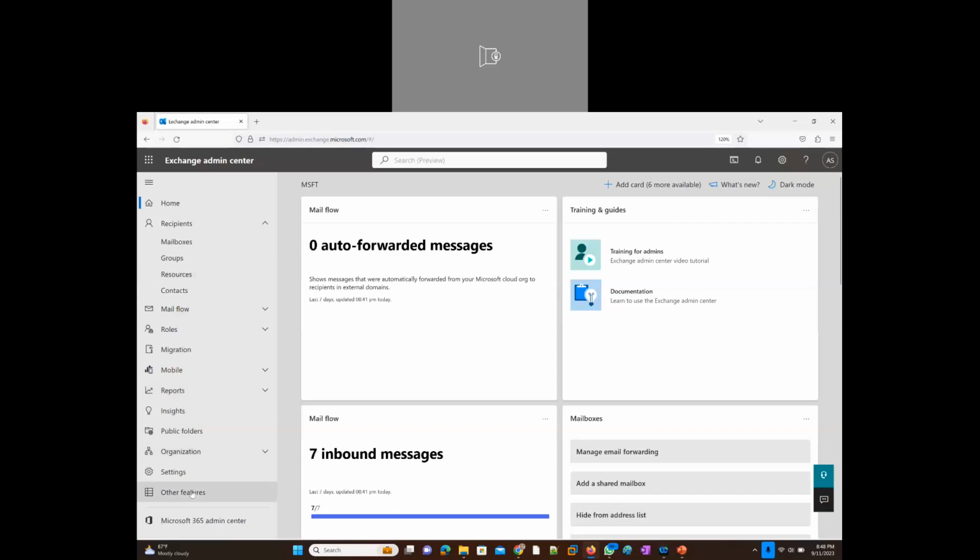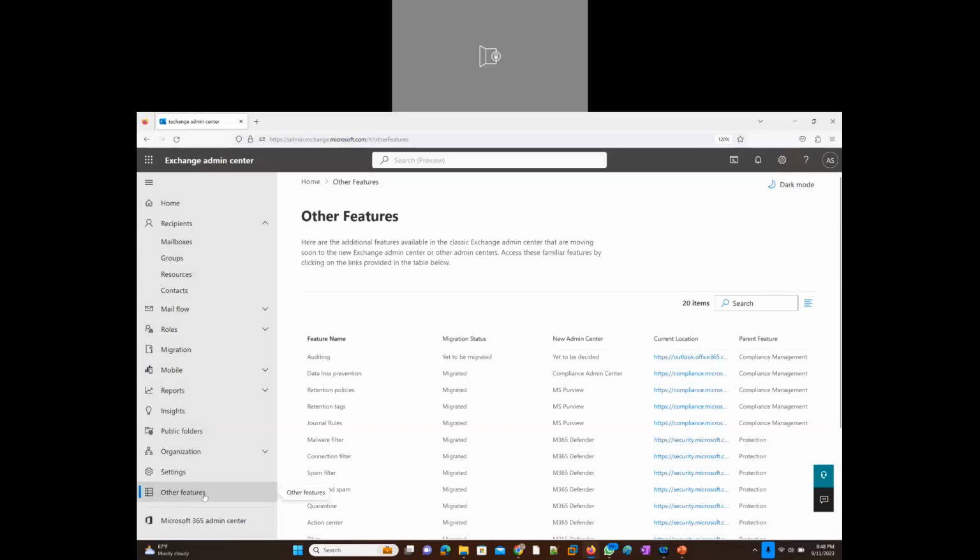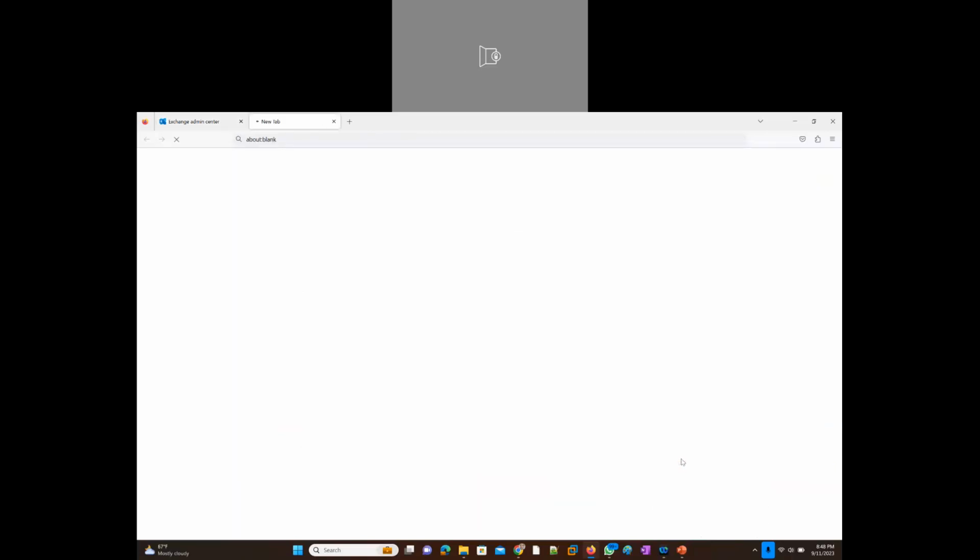So first I'm in Exchange Admin Center, and then I'm going down to other features. And we were going through auditing, data loss prevention, retention policies, retention tags, journal rules, malware filter. So there's connection filter, then there is spam filter as well. I think we kind of covered that, but connection filter, if we go for that, so if it opens today,